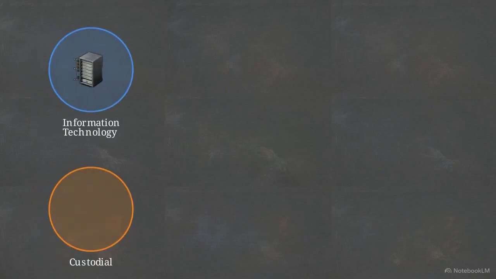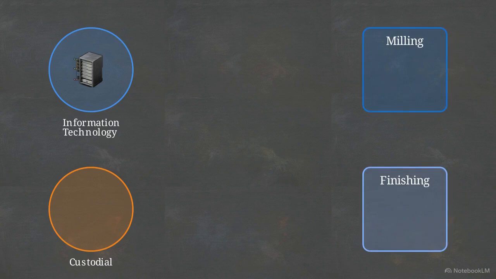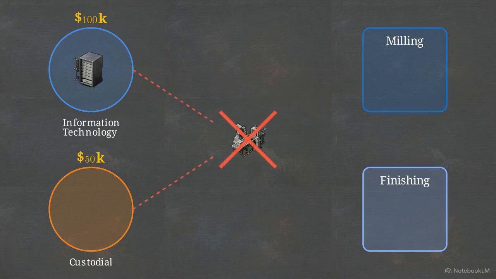This diagram illustrates a typical manufacturing environment, with two service nodes on the left, information technology and custodial, and two production nodes on the right. The pulsing dollar amounts in the service nodes represent indirect overhead. Because these costs cannot be directly traced to specific cost objects on the assembly line, they sit in the ledger